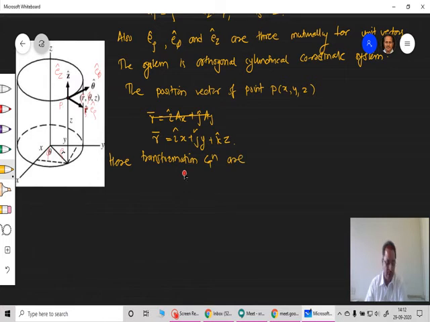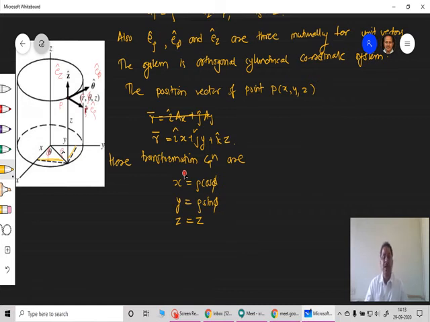So here the transformation equations are, I think you might be knowing these transformation equations. From this diagram itself we can also calculate this. X is given by rho times cos phi, then y is given by rho times sin phi. So from this diagram I can calculate, this is y, so it is rho times sin phi, and this is x, so it is rho times cos phi. And z is as usual, no other transformation equations are needed there. So z is z. So Cartesian z and z measured here in the cylindrical coordinate system are just the same.